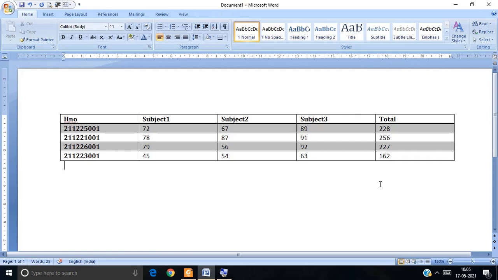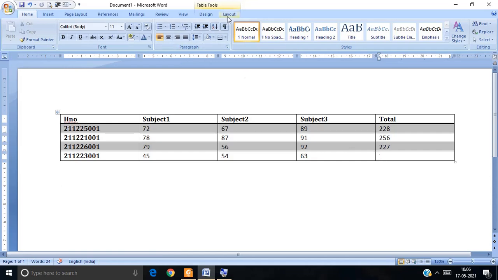So it is possible to calculate the total value in MS Word with the help of formulas, but when you give the formulas here, for each and every cell you have to give the formula. It is not possible to drag the information from top to bottom. So I am deleting this 162.